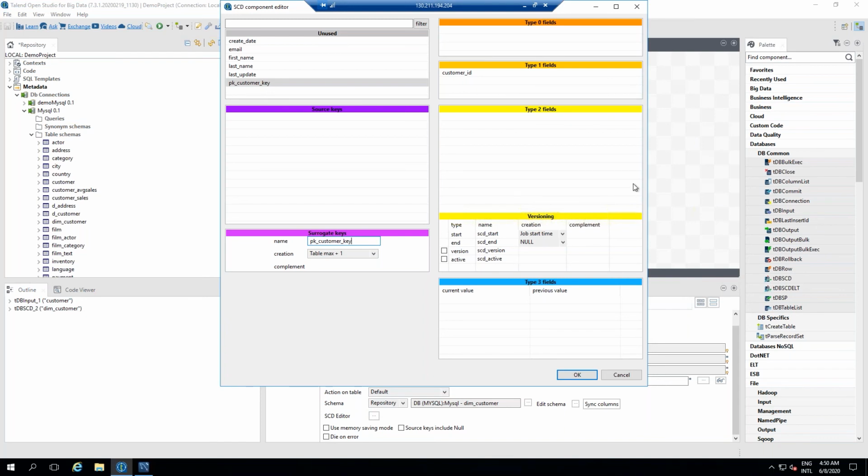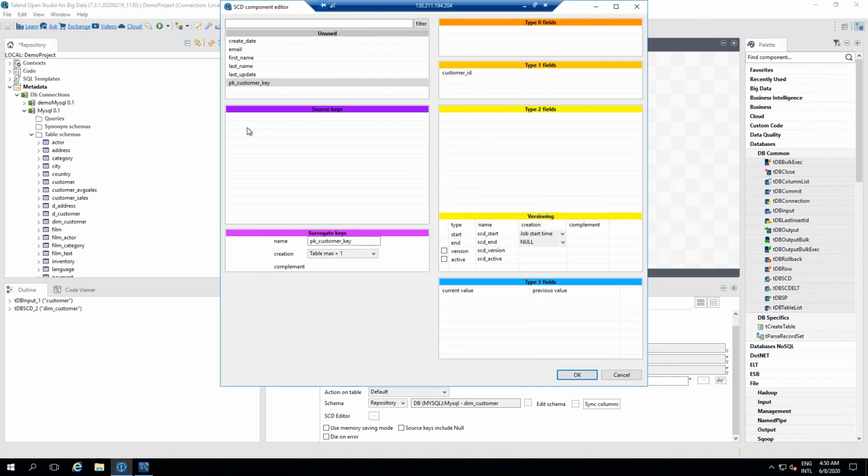Okay, then the fields have to be specified here, so they need to be added. Correct. Now if you see, when we are creating this SCD type 1, we have used the table max plus 1 for the particular field.